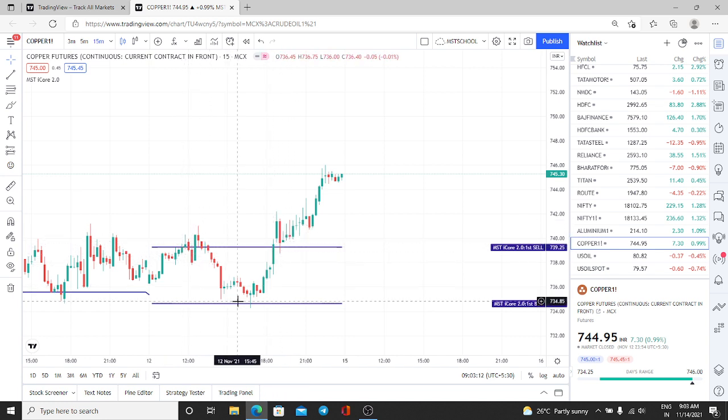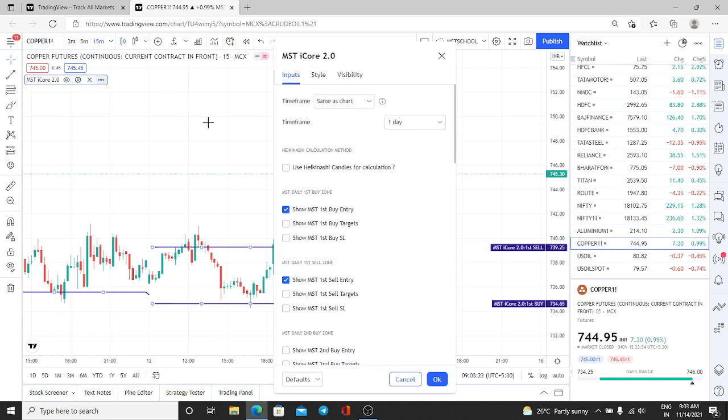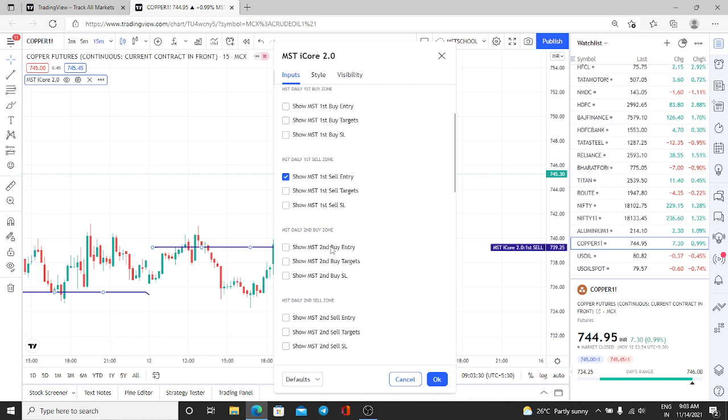In the first call we got the profit, the second call also we got the profit. Suppose we are entering a third time, also a sell entry, and now we are in loss. Now how to recover this? So first sell, SL hit. So enable the first sell. The opposite of the first sell is the second buy targets.